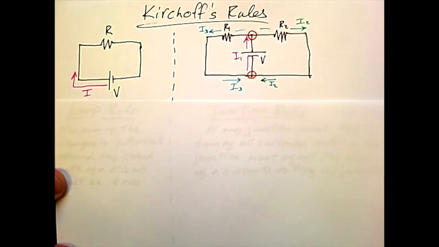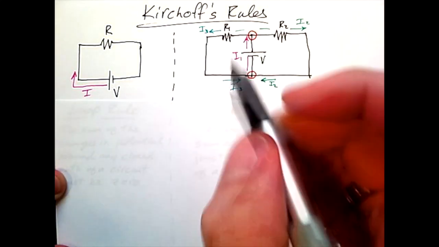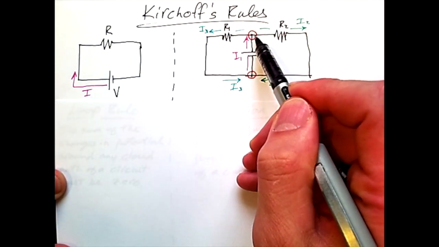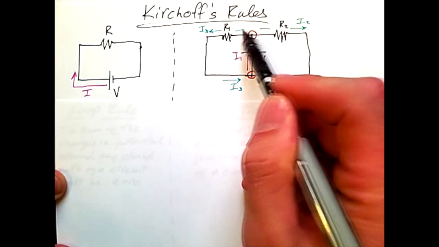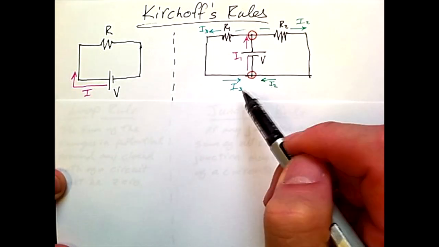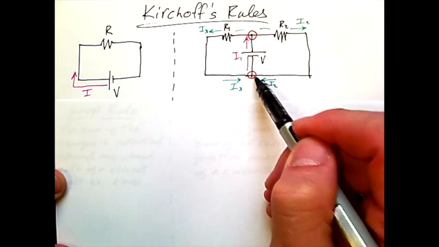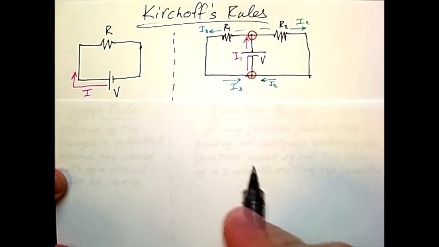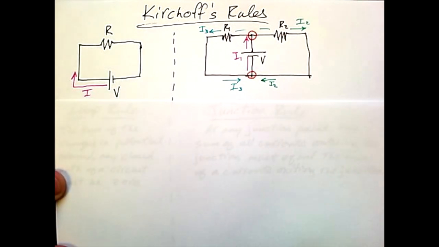What Kirchoff has described is called the junction rule, and the junction rule is simply a conservation of charge. The fact that I1 splits into I2 and I3, but then upon completing the pathway, returns to I2 and I3 combining, coming out as I1. So no electrons are lost in the process. To state it more formally,